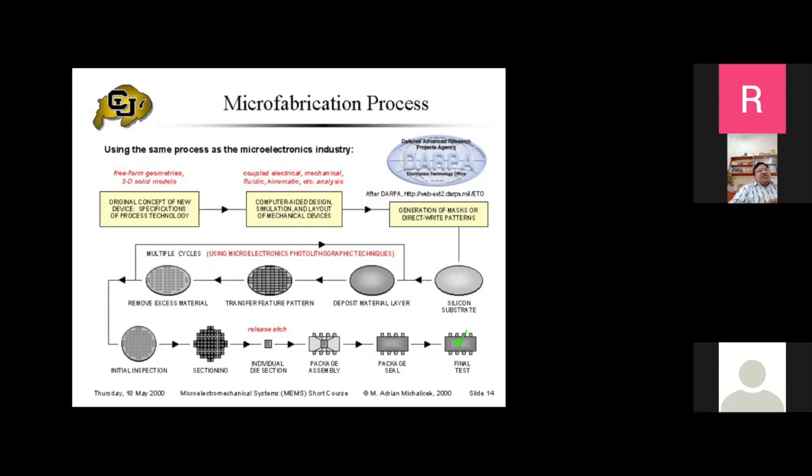Then you translate them into a layout, a computer layout. You can put your block diagrammatic forms into the computer software tools available, and you can simulate how they operate and see what it does. Simulation is nothing but a replica of the real scenario, as close to the real scenario as possible. Many times it is not possible because you do a lot of idealization. Some of the things you ignore. So when you actually do the simulation and put it in the field, it may not work. So we have to change the processes as well as your software tools or your design properly so that you get a good simulation of the real world situation.